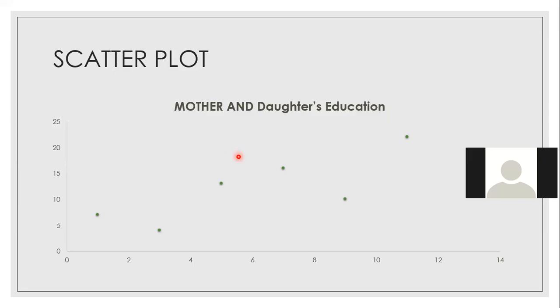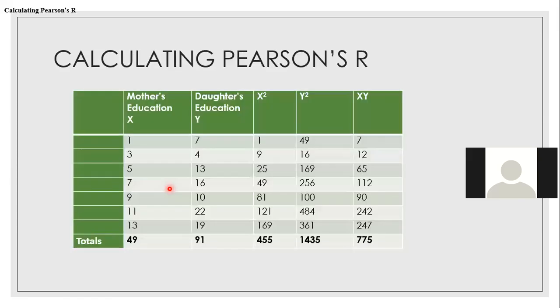So you haven't done ECN 1100? Yeah. So you understand the basics of plotting a graph. So you have two variables. You have the mother's education, and you have the daughter's education. Mother's education is the x variable, meaning that it is on the x-axis. Do you know which axis is the x-axis? Anybody? Yeah. Right. Horizontal. And the y.